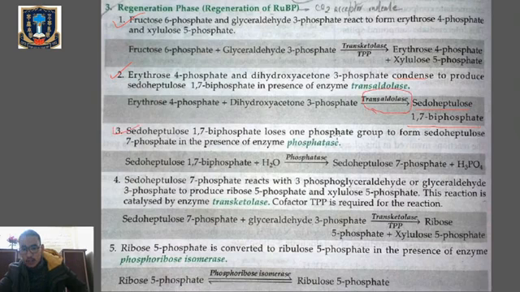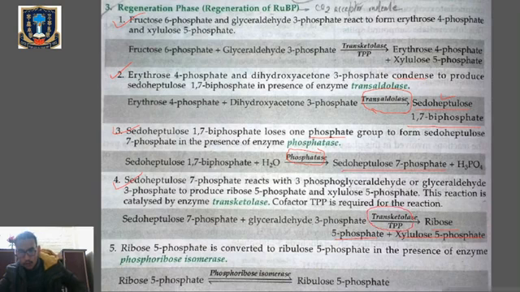Now in the third step, the sedoheptulose 1,7-biphosphate, okay, this particular product will lose one phosphate group and form sedoheptulose 7-phosphate in the presence of the enzyme phosphatase. Clear? Now in the fourth one, the sedoheptulose 7-phosphate will react with 3-phosphoglyceraldehyde or glyceraldehyde 3-phosphate, and it will form ribose 5-phosphate and xylulose 5-phosphate. Okay, and this reaction is triggered by the enzyme transketolase in the presence of the cofactor